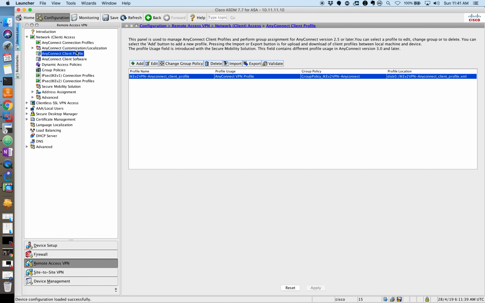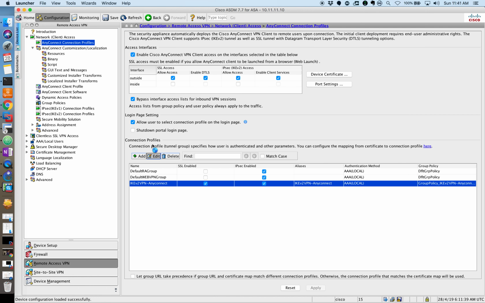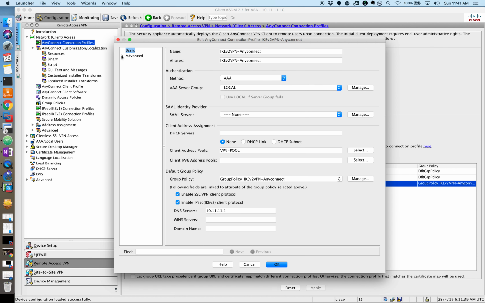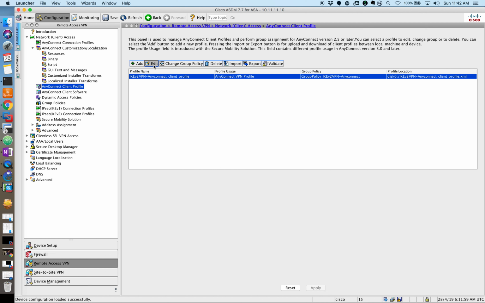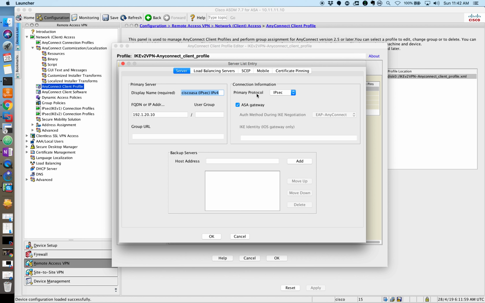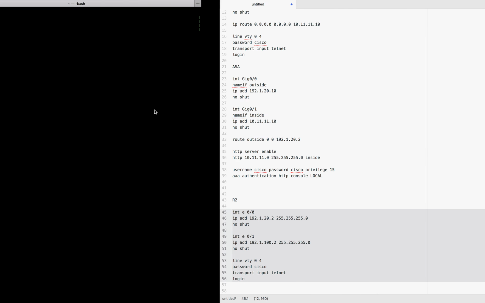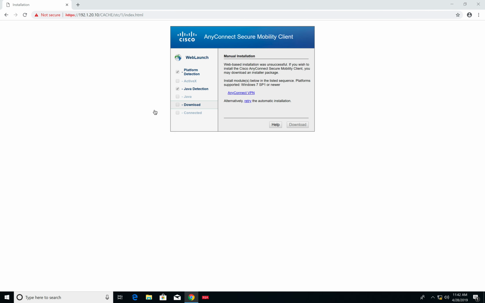Yeah, so if you see the server list here, the primary protocol is IPsec, right? The first time, SSL is going to be used to download the profile, but after the profile has been downloaded, we are basically going to have